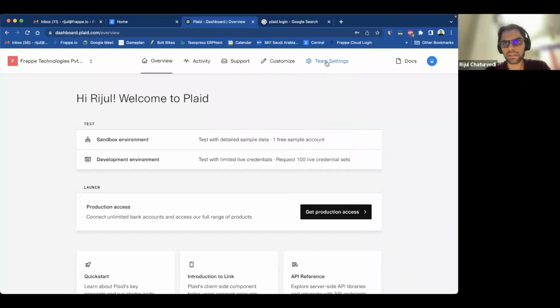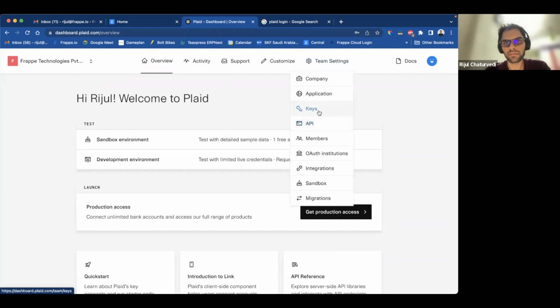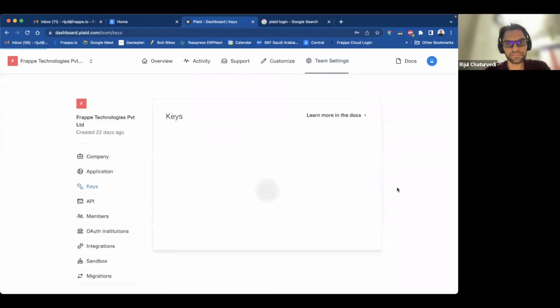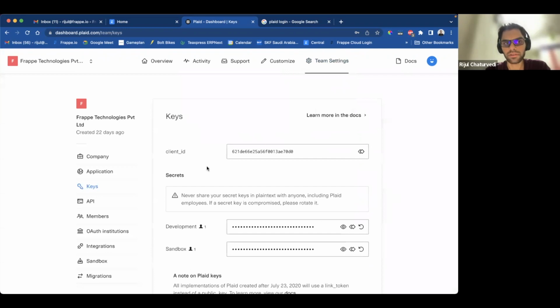On the team settings section on your Plaid account, you'll see there's a section for keys. If you click that, you will be shown this sort of a screen. And this is where you will find your client ID and your development and sandbox credentials. Since this is a demonstration, we'll be using the sandbox credentials. The client ID remains same in case of both. So I copy that